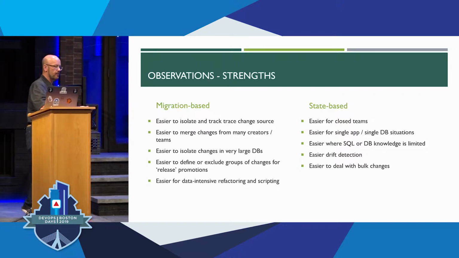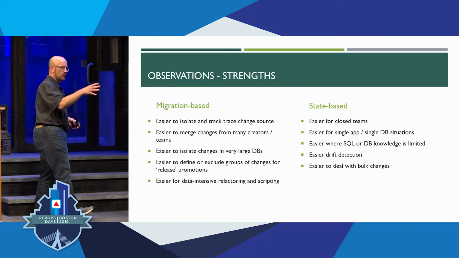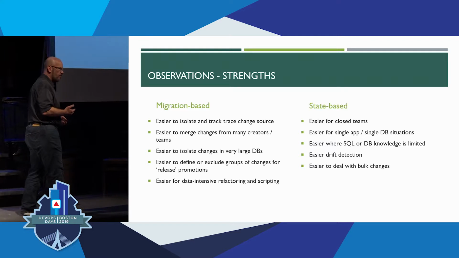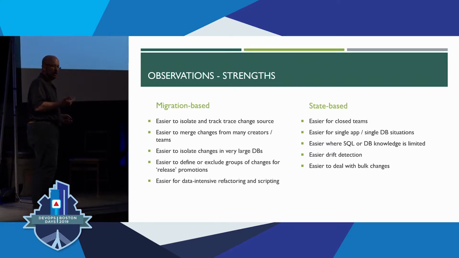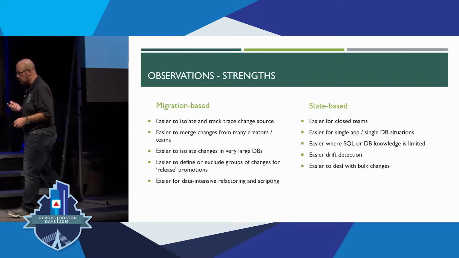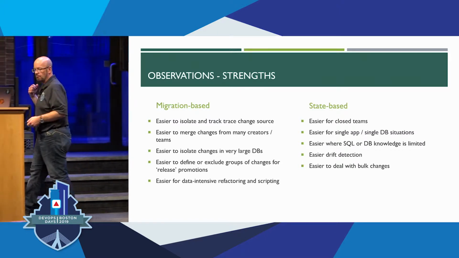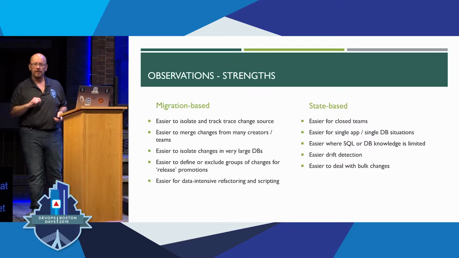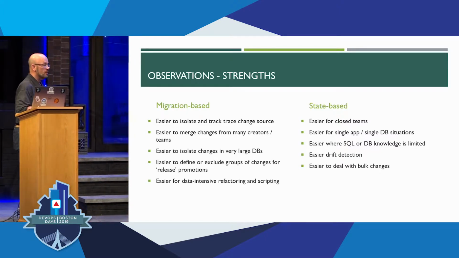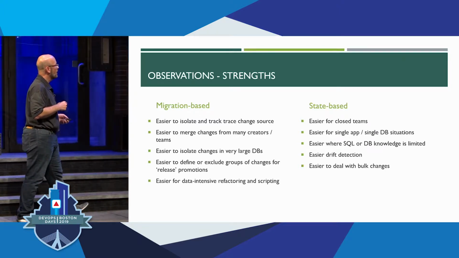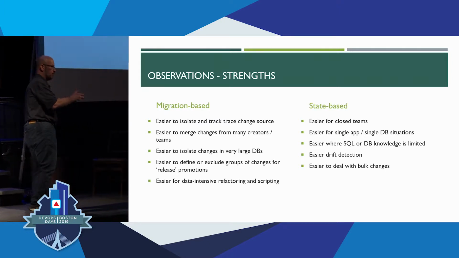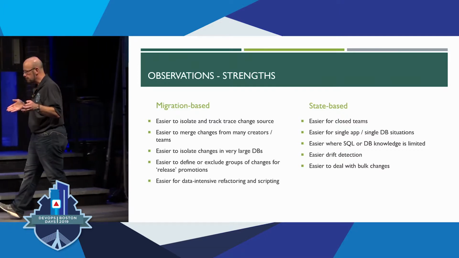If I've got a single app, single database type situation, it's very easy to isolate stuff. I don't have to worry as much about having somebody on staff who's a good SQL and database person, or make sure that I've got that knowledge widespread. I can get built-in drift detection, so if somebody starts monkeying with the database anywhere along that pipeline, I'm going to see it because I'm looking at it all the time. And it's really easy to deal with bulk changes. If I make a whole bunch of changes someplace and want to just know what the hell happened, boom, I'm in and done.